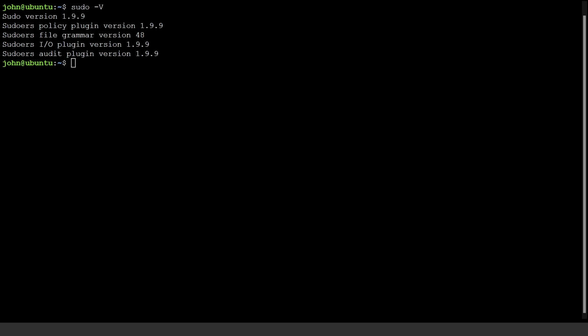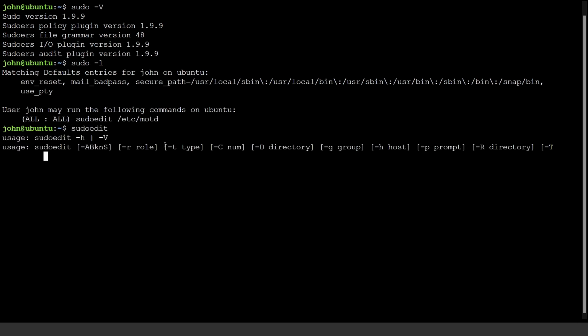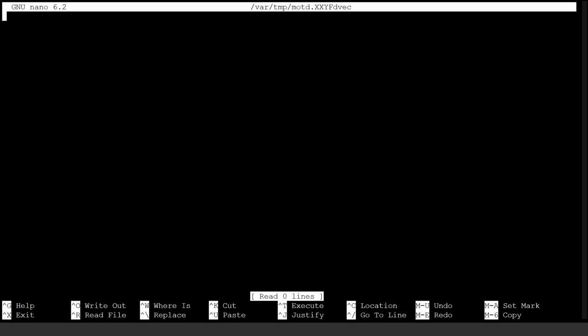So that's the first parameter that we need to check. Now, the second parameter, obviously, if I say cat etc or we just say, for example, sudo -l, you can see that the file that we're able to edit is /etc/motd, the message of the day. So if I say sudoedit /etc/motd,